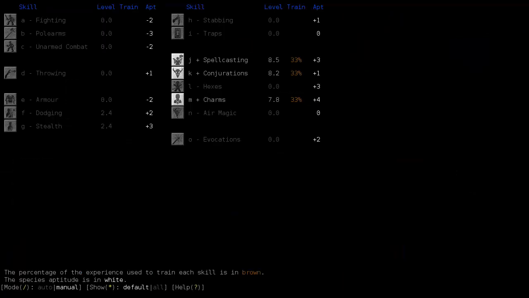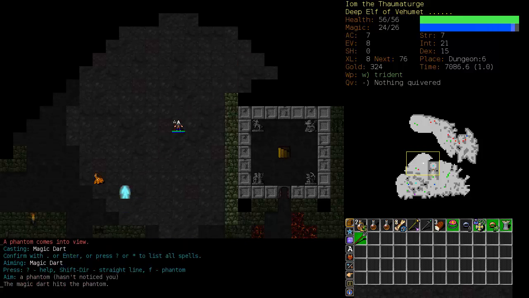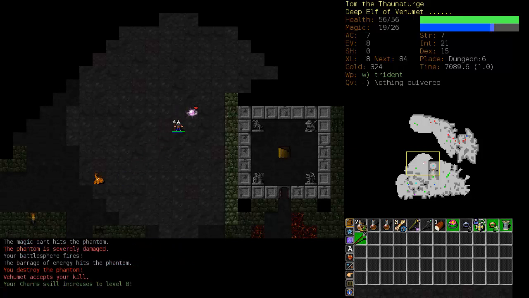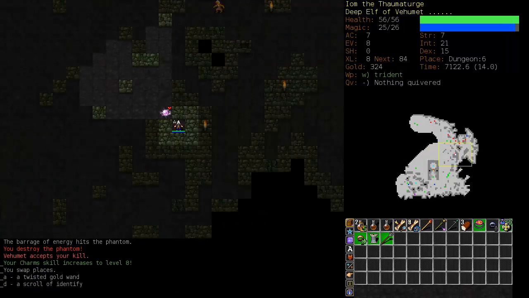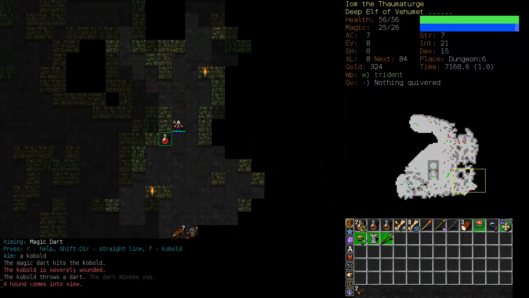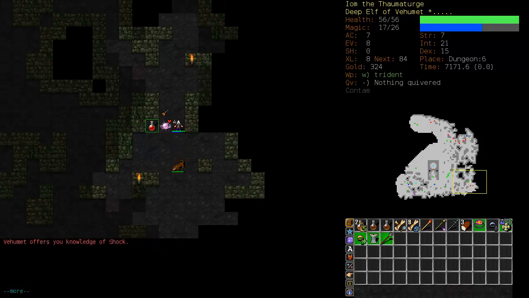Well, what did I want to do? I wanted to put on air. Charms is looking pretty good. I'll let it get up to 8, and then we're going to turn on air. You know what? Let's drop spellcasting for the moment. I think I want to keep conjurations on all game. We'll get the help of our battle sphere to take this guy out. We hit charms, and we're going to turn on air magic just a little bit to get flight up, and in preparation for poison cloud, which is